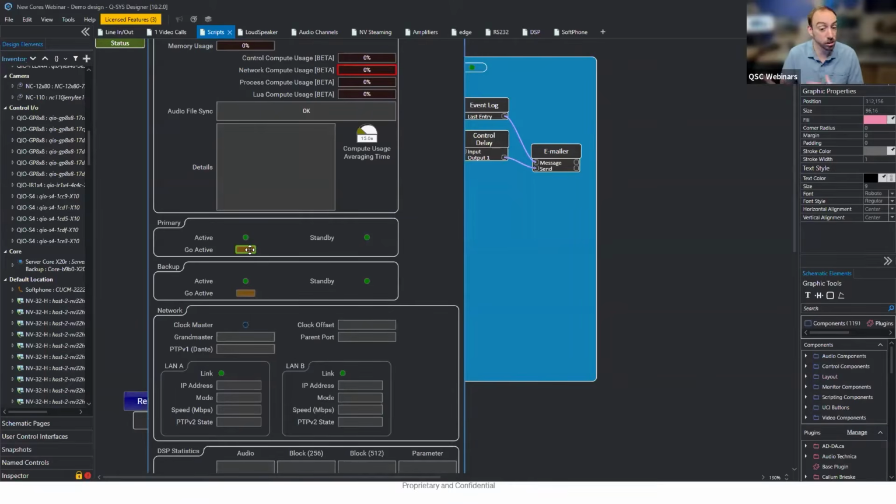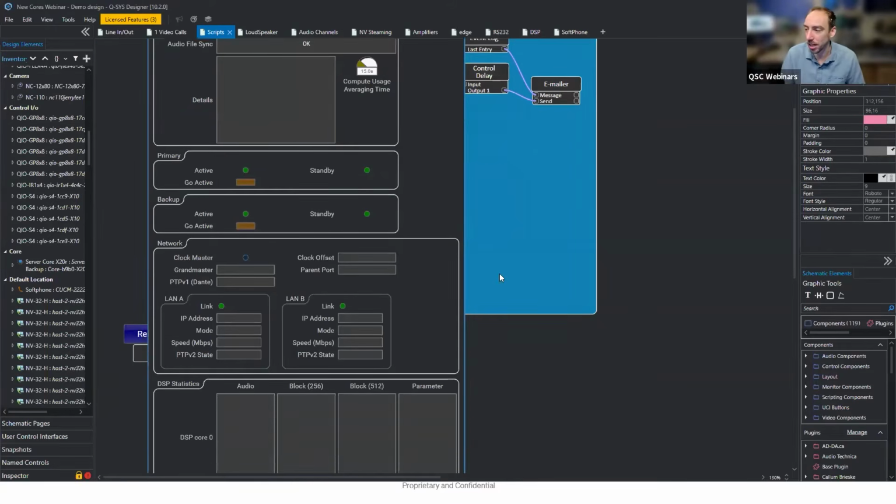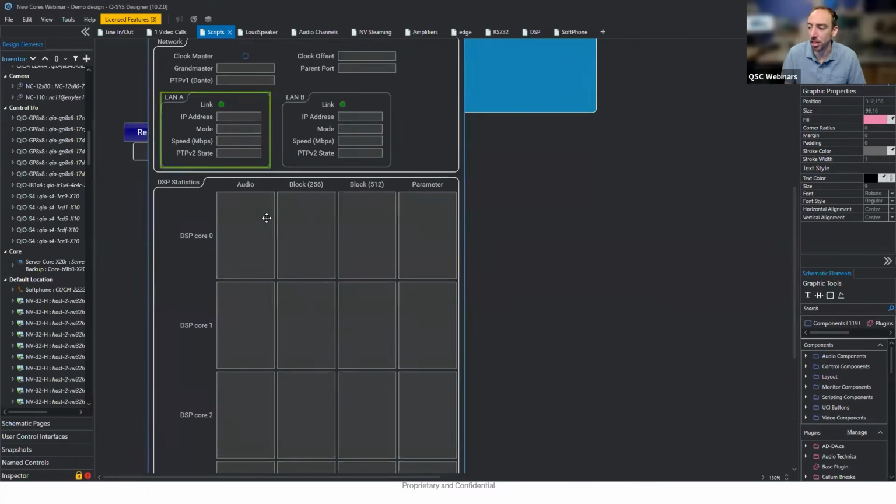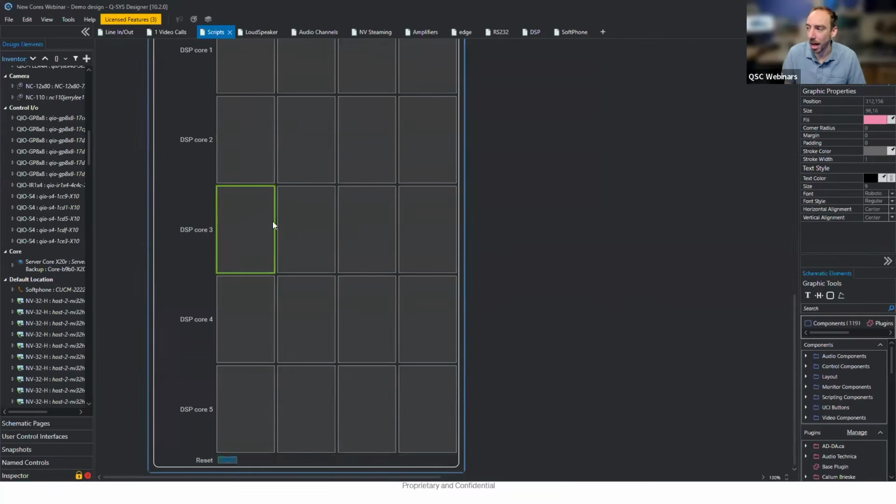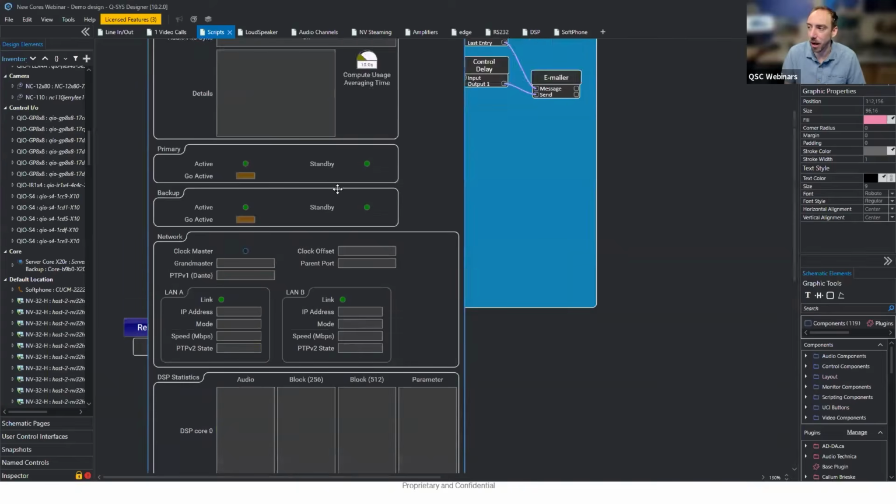You need to schedule a service because the backup will not fall back to the primary without manual intervention from you, because we don't want the system just recovering back up. We want somebody to go investigate why the system felt the need to fail over. You can also see a bunch of other information about the core and those DSP statistics, but we're going to